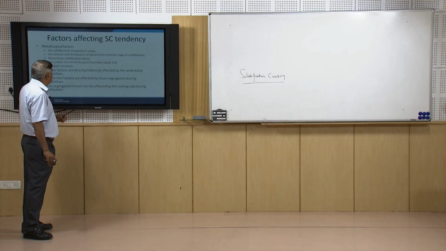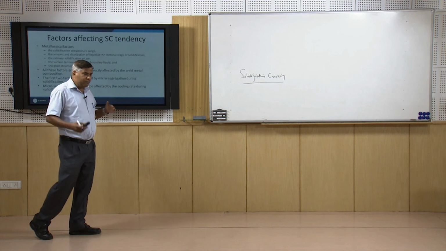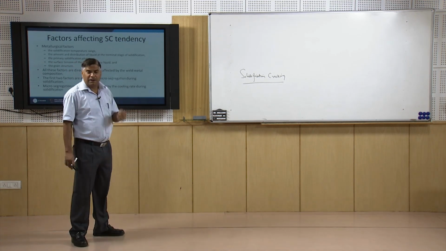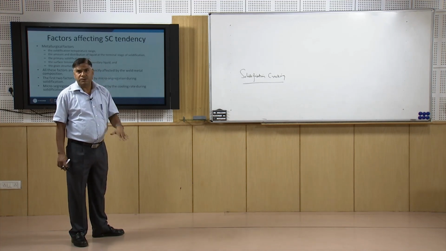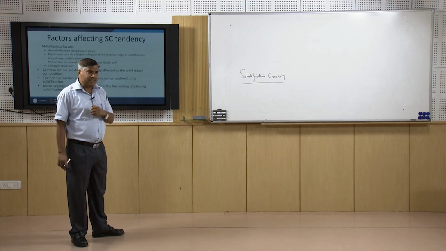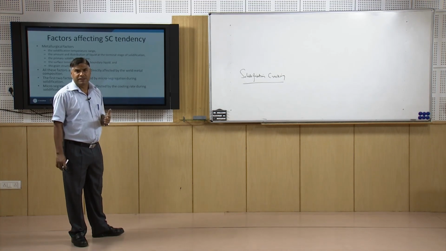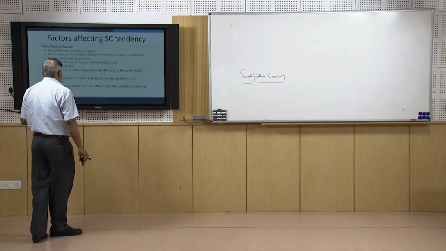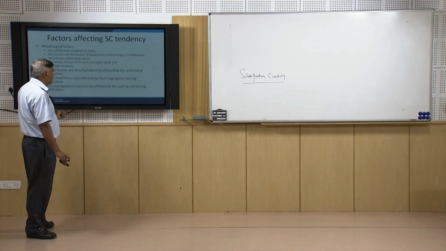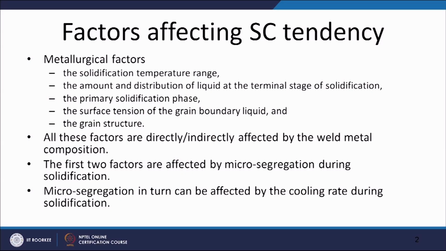Then the grain structure: finer grain structure and columnar curved grains reduce the solidification cracking tendency, because these increase the distribution of the low melting point phases, and that is why it lowers the solidification cracking tendency. So, all these factors are either directly or indirectly affected by the weld metal composition, and since in the course of solidification there is a continuous rejection of the alloying elements, there is a continuous change in the composition of the weld metal, and that is why microsegregation also